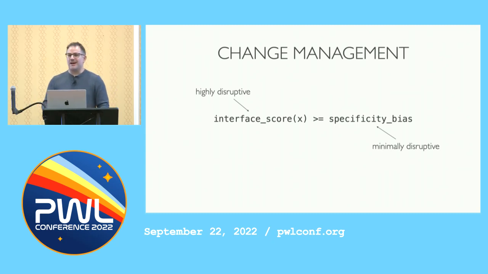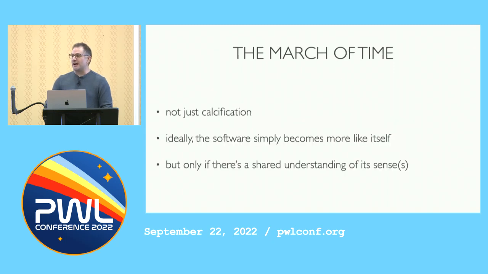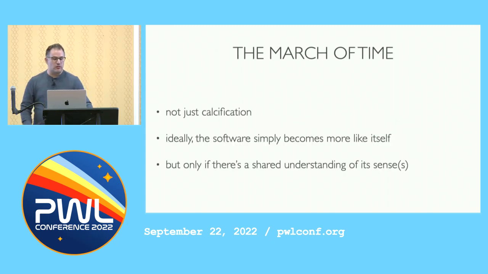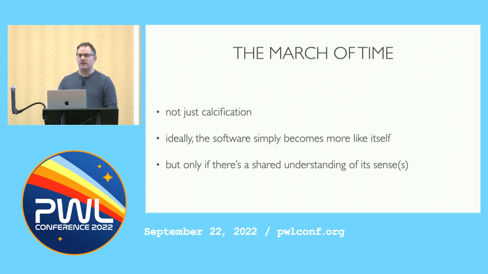And so this is, I think, what we want, right? We want to maximize the amount of time we spend at that end of the spectrum. And so the forward march of time, the continuous development of our code base, is not just this sort of Hyrum's law calcification where we accumulate cruft. Like, it is that, but not just that, right? We want, as much as possible, to simply have our software become more like itself, right? And so to do that, we need to have everyone have a largely consistent view of what are the paths ahead of us, right? For everyone to kind of paint within the lines, there needs to be a shared understanding of what those lines are.